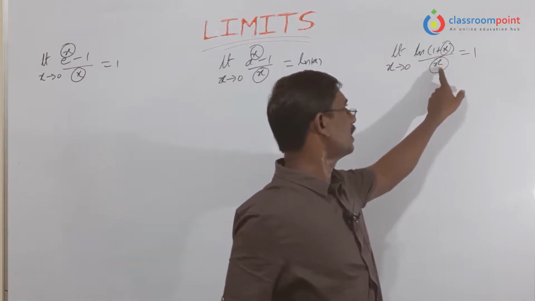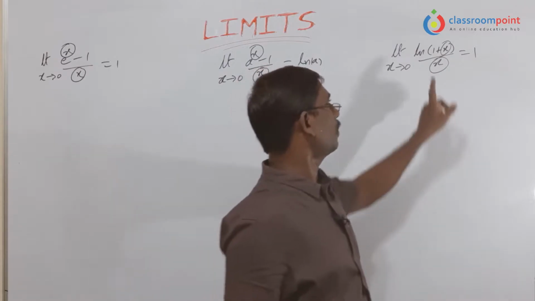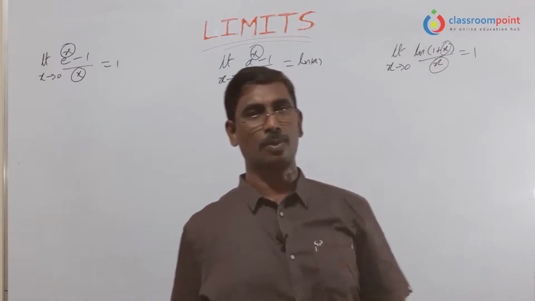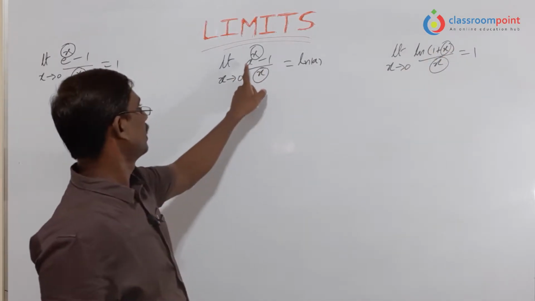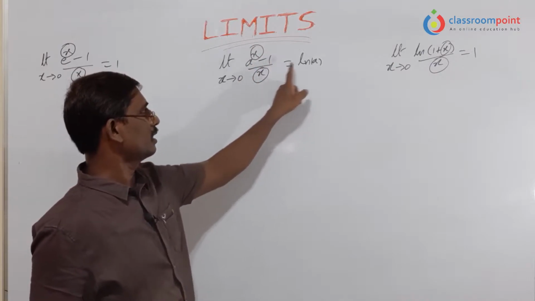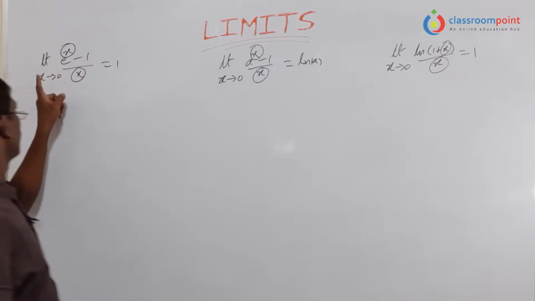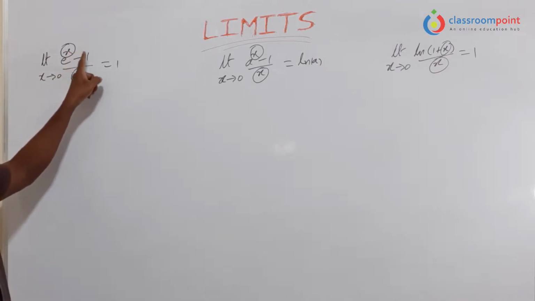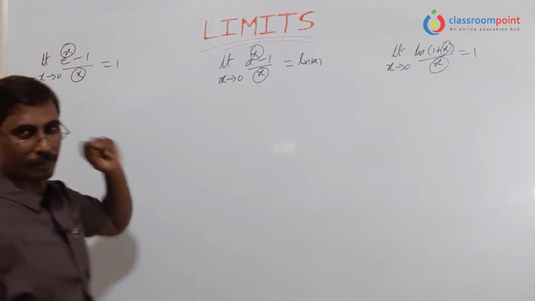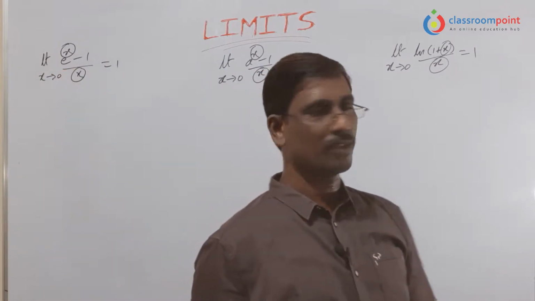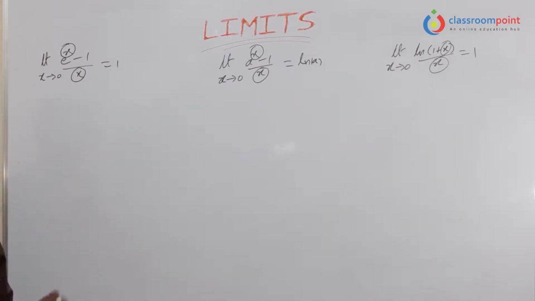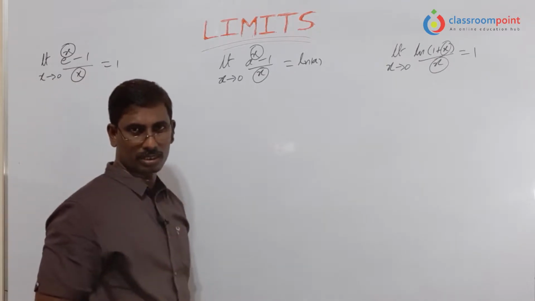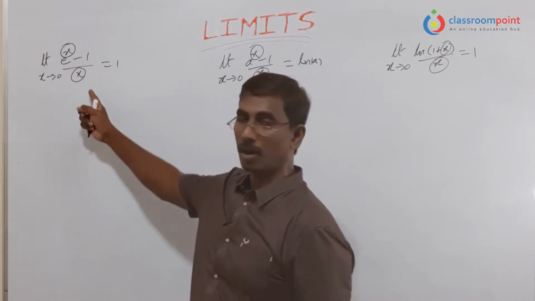Now here, some simple things. If these both are not the same, it is not equal to 1, first point. And one more, the 1 plus is needed, first point: 1 plus x by x. A power x minus 1 by x is equal to ln of a. Limit x tends to 0, e power x minus 1 by x is equal to 1. We'll take the proof first. After that, we'll take some examples depending on this concept. First of all, how to get this equal to 1. We'll take two models for solving this formula.